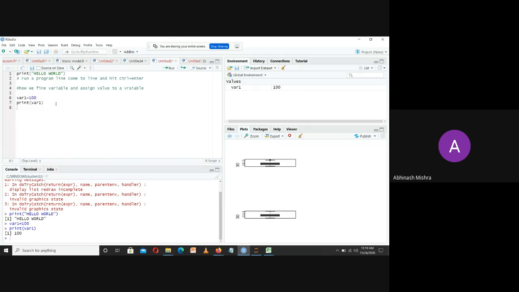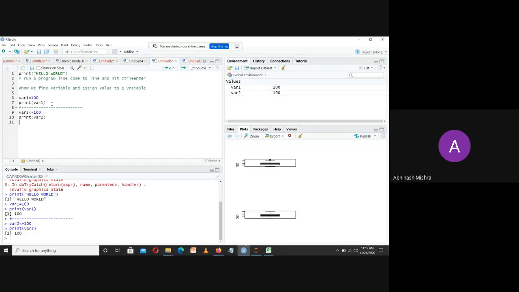Now, this particular code can be the same in Python, but in R we have another statement or another line which can be termed as var2. We can also assign the same thing like this. There is no difference in taking the values or entry. We can do the same thing in this format also. So this is how you can take entry from the variables or entry from the data.